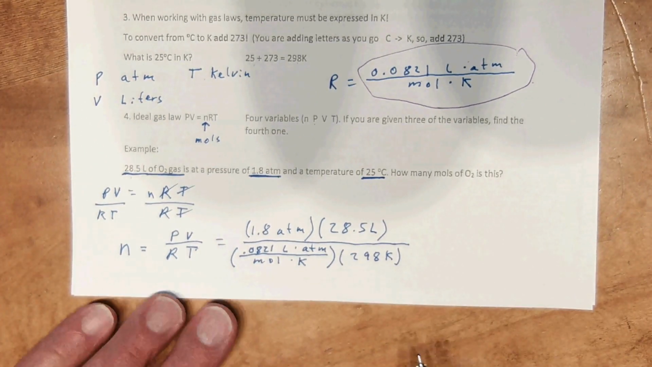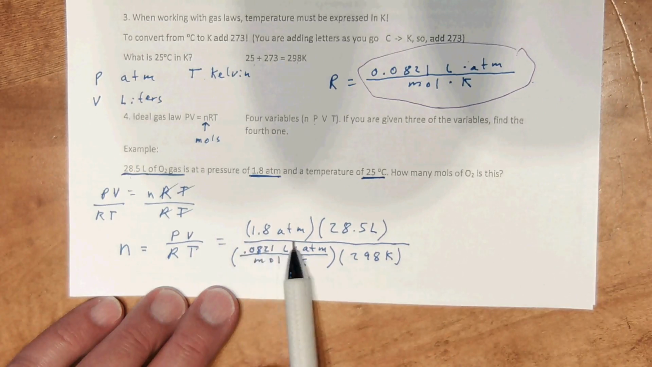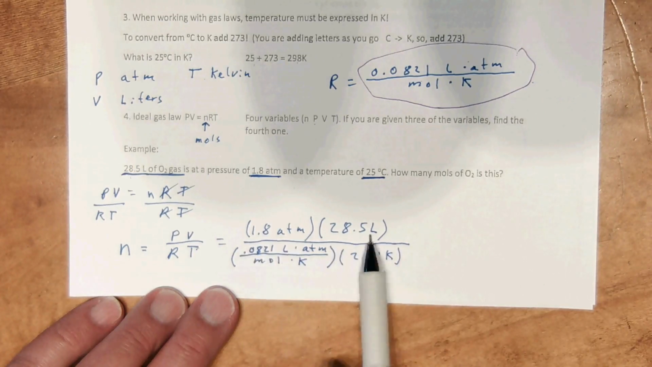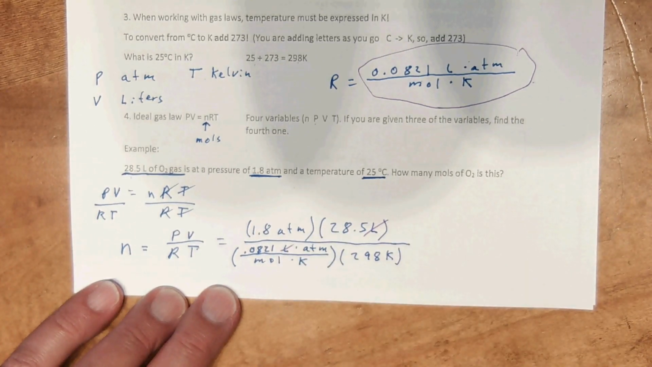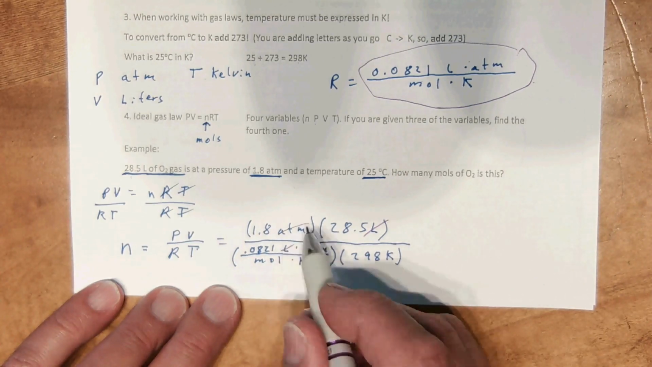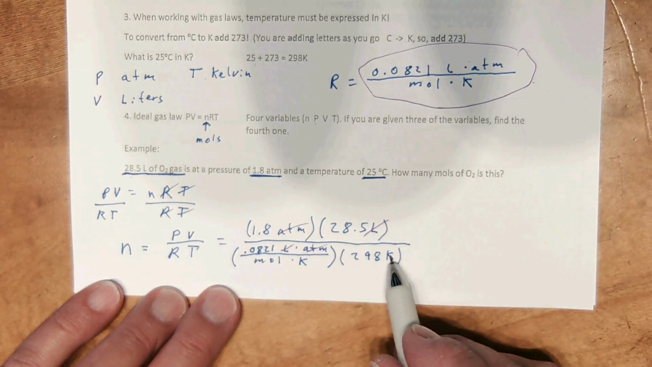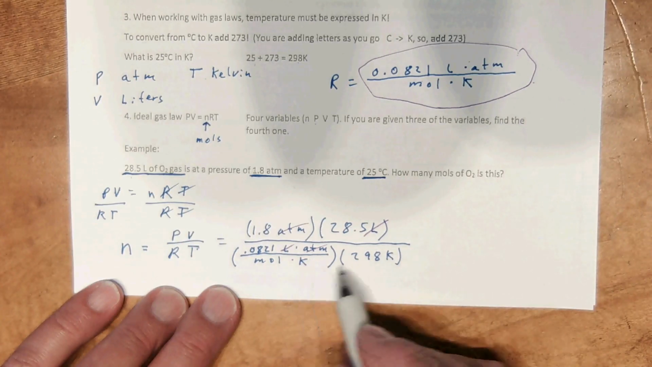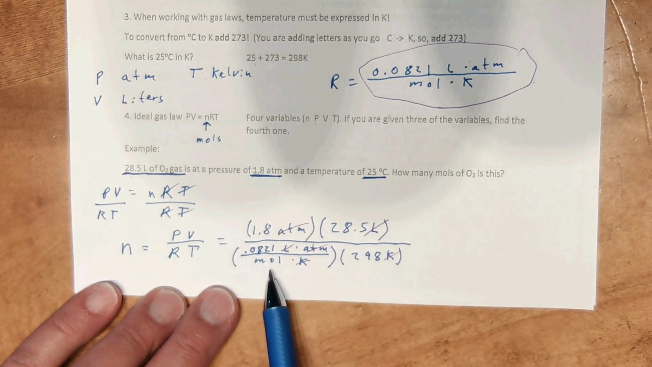Now, notice I didn't try to plug in a number here for liters, because that is just there to make all the units work. Notice I have liters on the bottom of this big fraction and liters on top, so liters cancels out. Atmosphere is on the bottom, atmosphere is on the top, it cancels out. Over here I have Kelvin on the bottom and Kelvin on top, so Kelvin cancels. The only unit that didn't get canceled out is